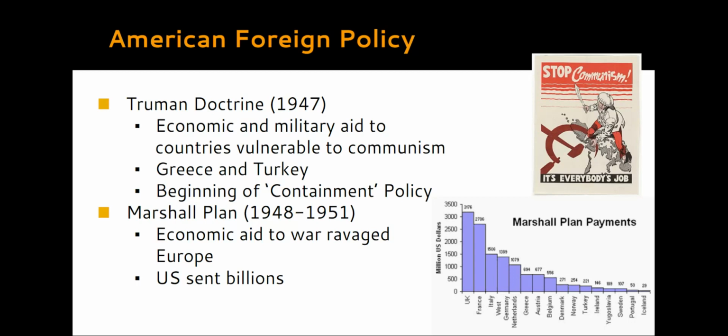A little later on, the Marshall Plan is there, and this is where we're talking about the United States being a true superpower. They are having to now bail out Europe. They're sending billions of dollars to help their economy post-war. And we'll see there in the bottom right-hand corner, who are they sending the most money to? Of course, they're first sending it to their World War II BFFs, UK and France.